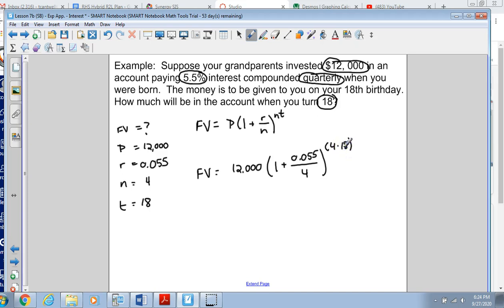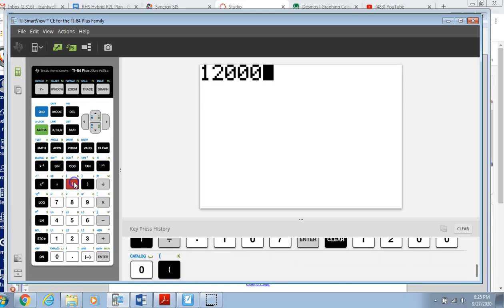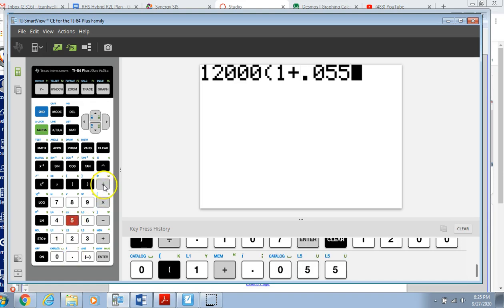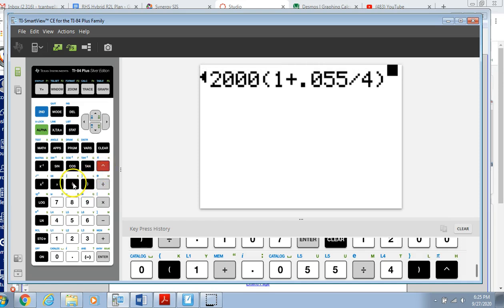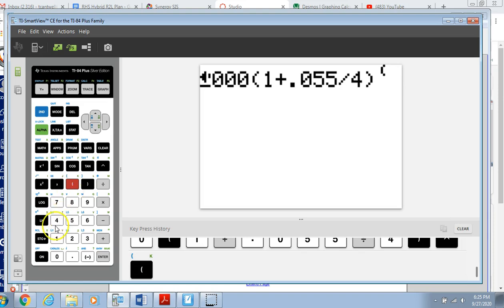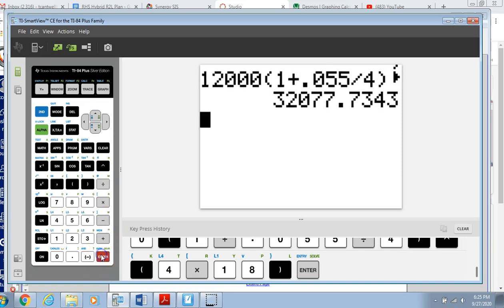Now you can simplify things here if you want to, or you can just plug this straight into your calculator. I'm going to do this on the graphing calculator, and I'm also going to do it on Desmos just to make sure we know where to find all of the buttons. So first, on our graphing calculator, we would enter 12,000 times, let's do a parentheses, 1 plus 0.055 divided by 4, close parentheses, all raised to the power of, I'm going to put in parentheses just to make sure I don't mess up anything, 4 times 18, and then that gives us this value,